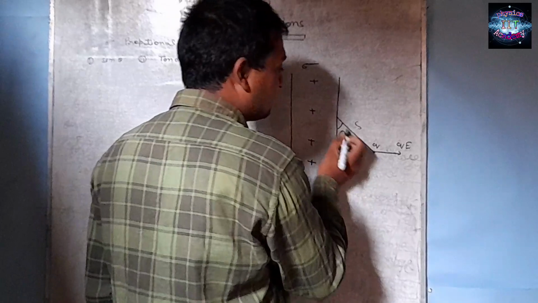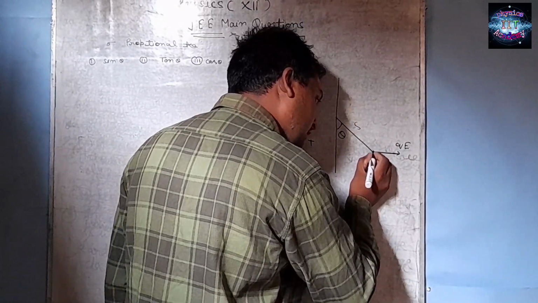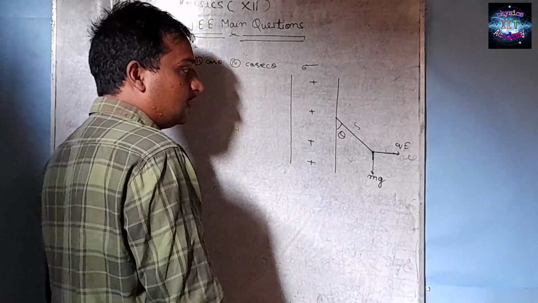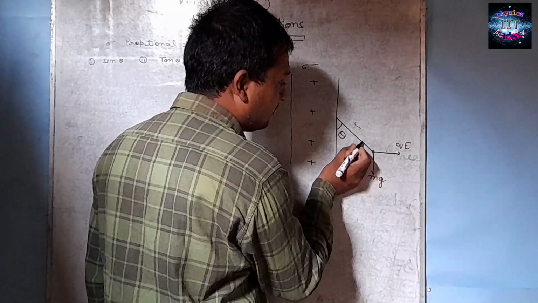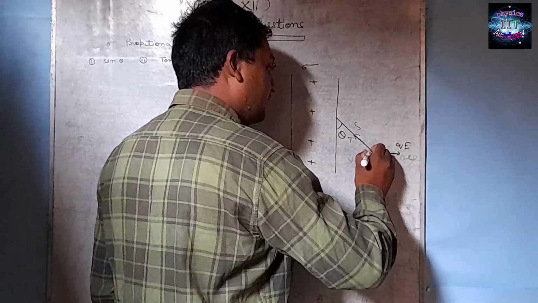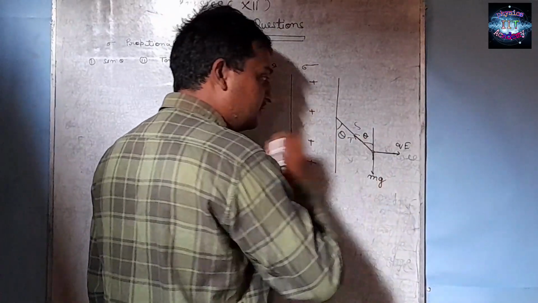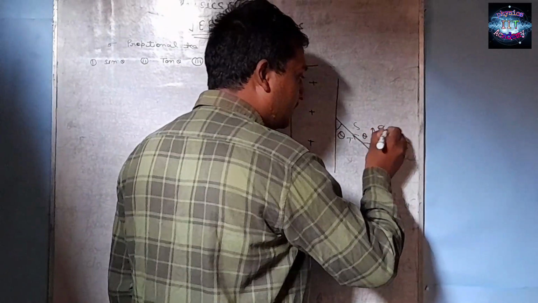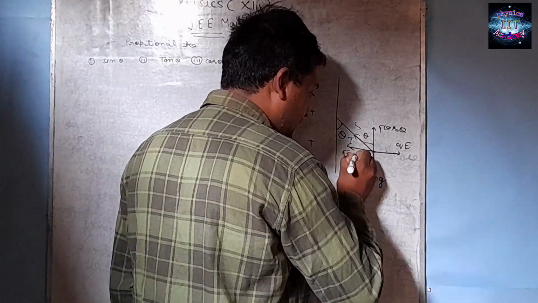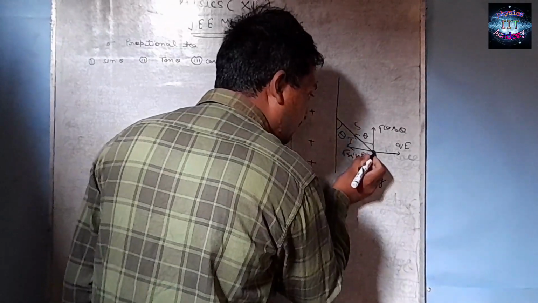Now here is a thread, so surely if the mass of the ball is m, then the weight of the ball is acting vertically downward and that weight will be mg. Now here is a tension acting away from the ball. This tension, suppose it to be T, and if this angle is theta, this is also theta. This T has two components: this component will be T cos theta and this component is T sin theta.